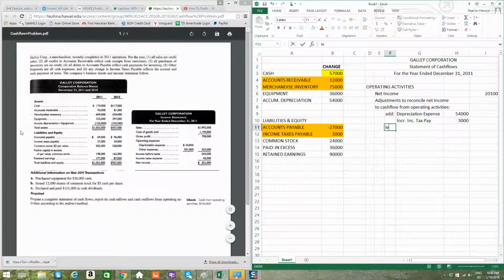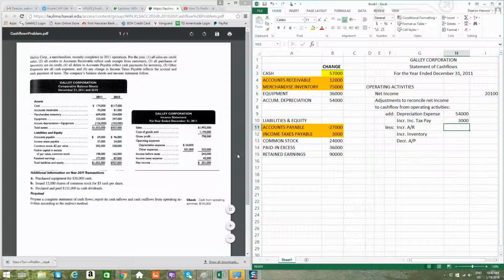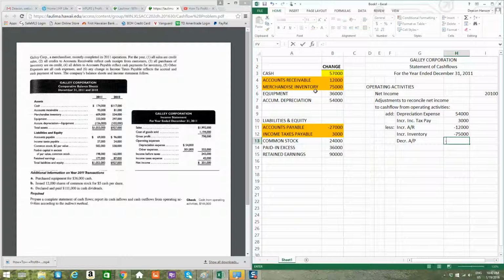Then we're left with subtractions. So we have the increase in accounts receivable. We have an increase in inventory. And we have a decrease in accounts payable. So those three will be subtractions. So I'm looking at subtracting 12,000 right over here. I've already computed the changes. 75,000 and 27,000. So if I make a subtotal out of that,